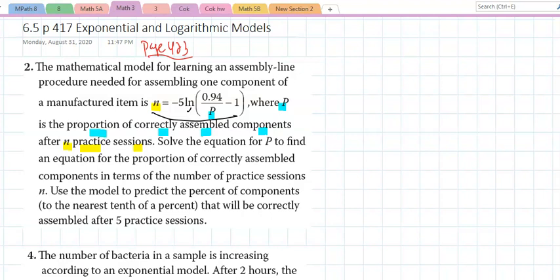What is it they want? Either they want P or they want N, one of the two. So if I read the problem, in terms of number of practice sessions, use the model to predict the percentage. P is the percentage. They're looking for P. What does P equal, to the nearest tenth of a percent? Okay, no big deal. That will be correctly assembled out of 5 practices, n equals 5. Well, if I take this equation and I let n equal 5,